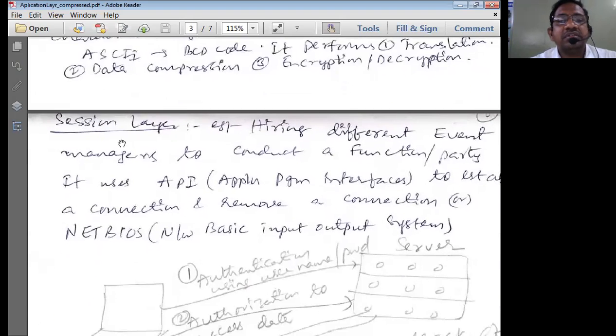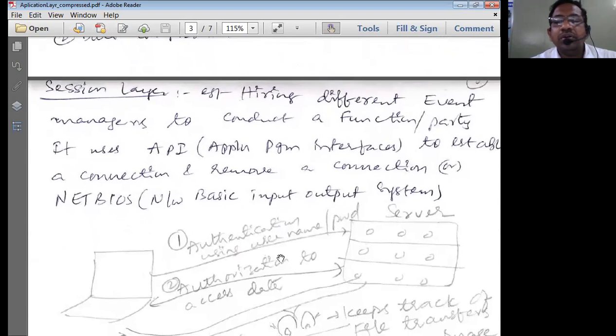The next one is session layer. Now, what will the session layer do? The job of session layer is similar to hiring event managers to conduct a function or a party. Nowadays, to conduct a function, we hire event managers, right? Event managers take care of various events in the function. Similar to that, we have the session layer.